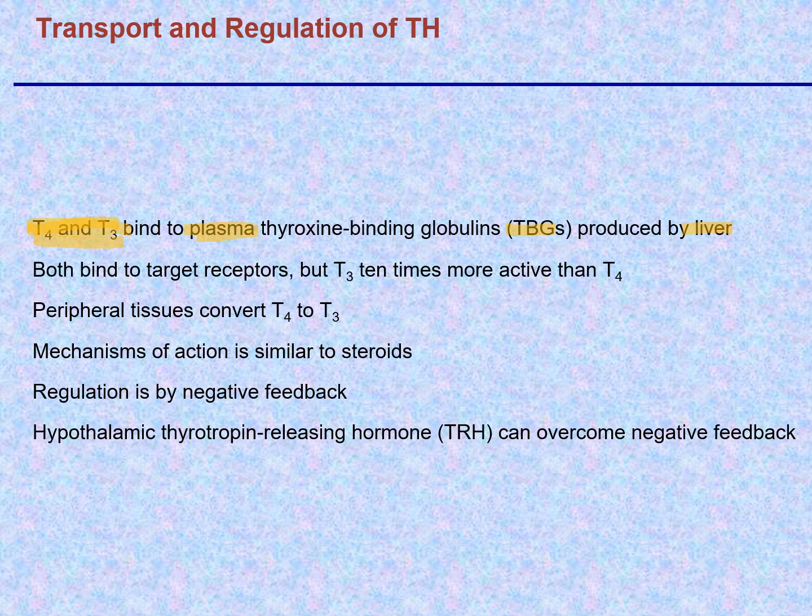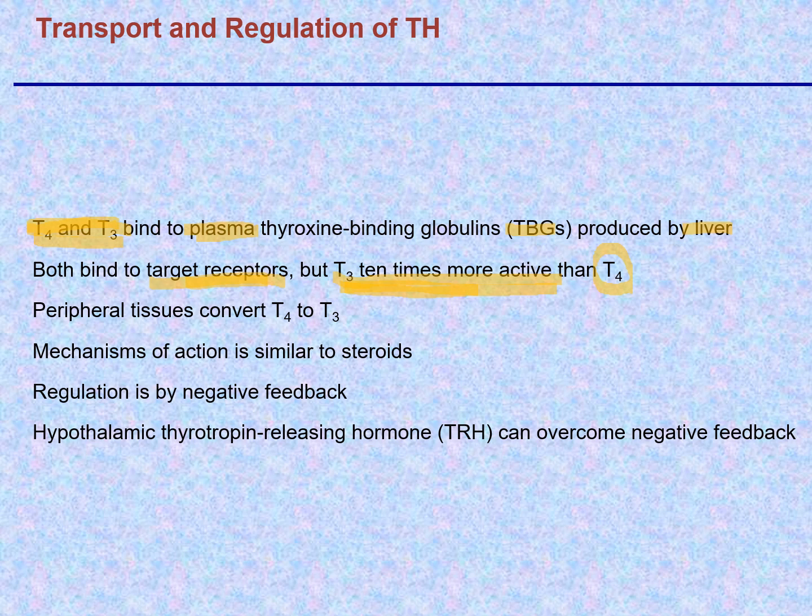The major difference between T3 and T4 is the ability to bind to specific target receptors on cells. Well, they both bind, but T3 is 10 times more active than T4. So T3 is the much more active molecule. The tissues in general have the receptors, and the hormone itself acts in a similar way to steroids that can increase metabolic activity also. It's all governed by a negative feedback mechanism in which the